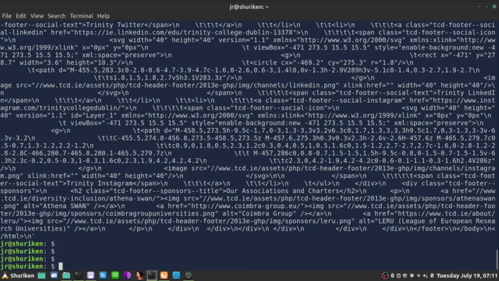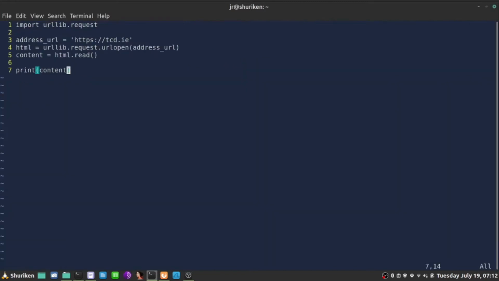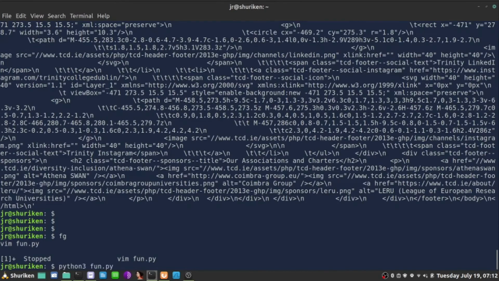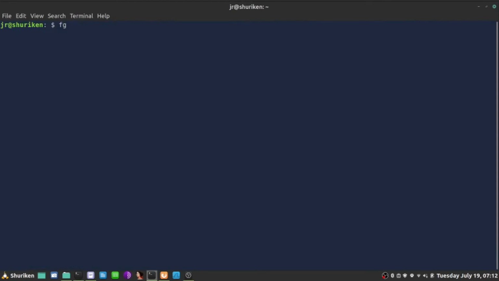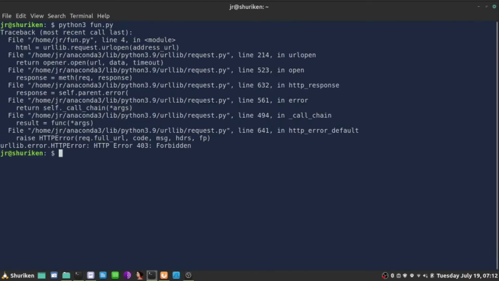However, I noticed that not all the pages are going to respond to this nicely, that they are actually going to work. Let's go ahead and see what could be a different result of my attempt to download the page. Let's open my file again and change the URL to something different. This is another page. Let's try to run the code again. Maybe clear the screen and see what we're getting. We're getting this error,